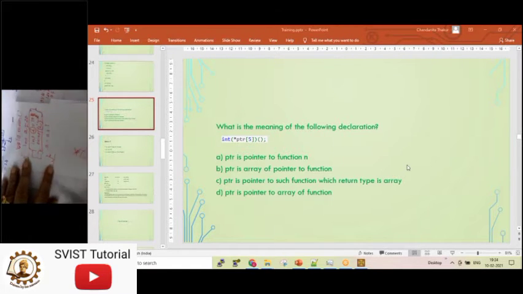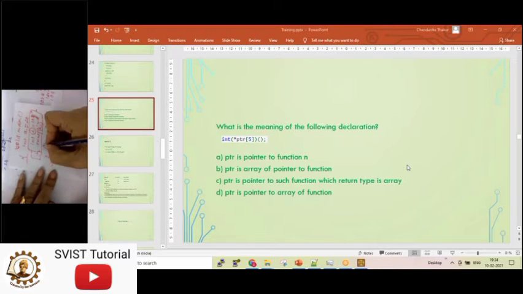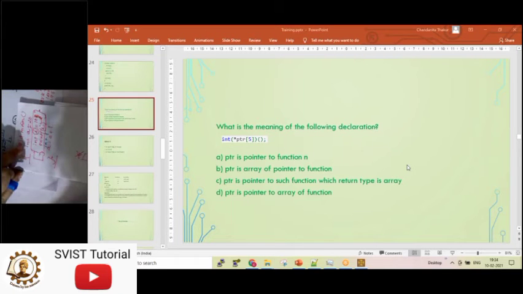Okay. I am taking one more variable, int J. Where is J? J is not inside any bracket. It is inside main somewhere.